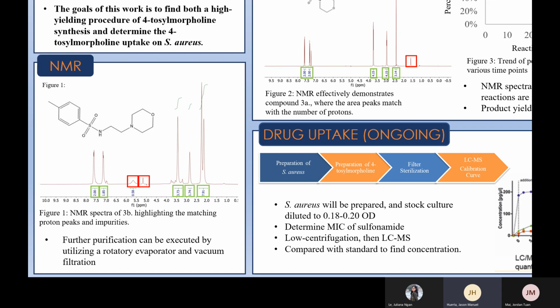Here's an example in figure 1 of one of our products we use to characterize, and the green peaks are proton peaks that we expect in our structure, and the red peaks indicate impurities that we found in our product. Further purification can be executed by utilizing the rotary evaporator or vacuum filtering the DCM in water. And HNMR is also used in order to make sure whatever we are reacting is the product that we are